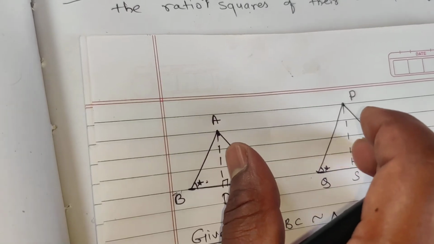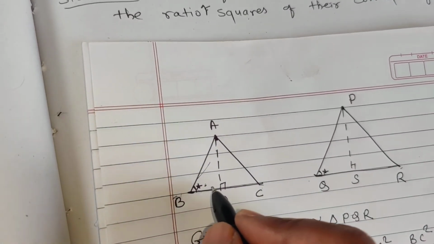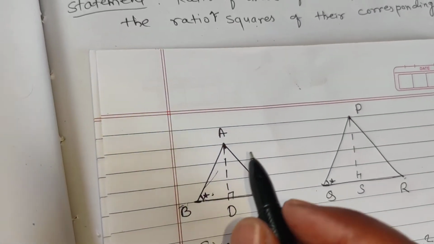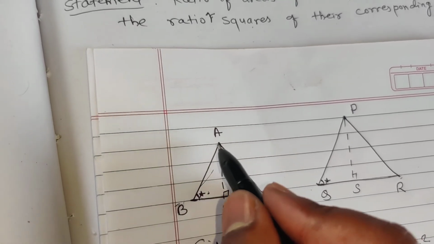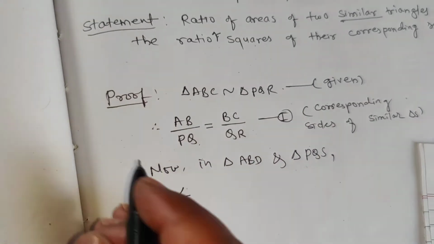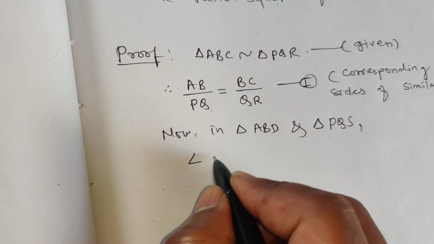This is about the main triangles, but what about triangle ABD and triangle PQS? We can say the same angle is already congruent, we're just going to change their names, like we are putting angle ABD instead of angle ABC. We are just changing them, nothing extra. Okay, so we can say in these two triangles, angle